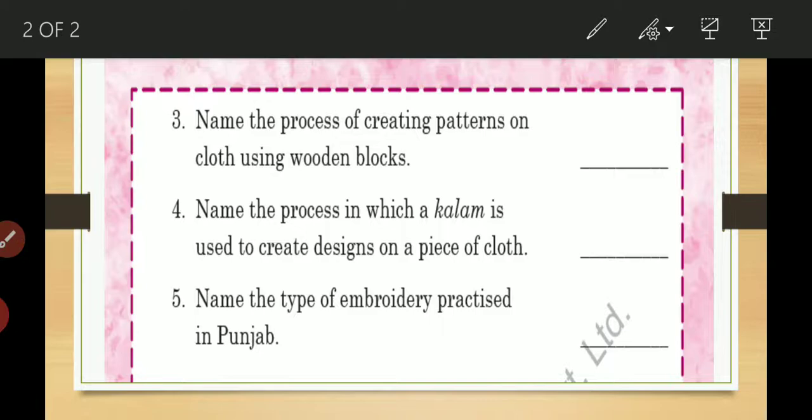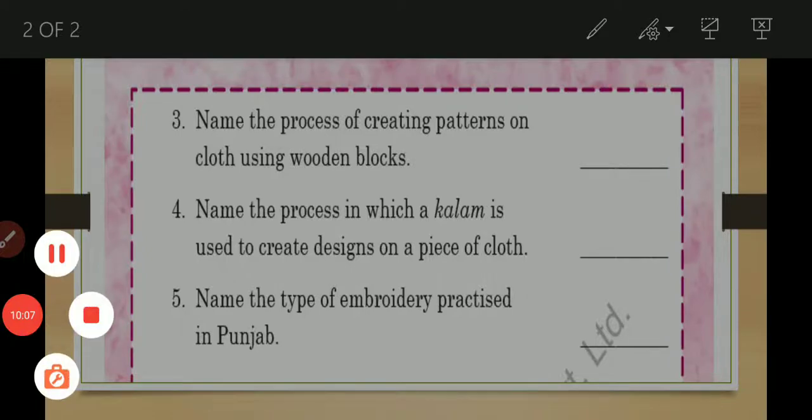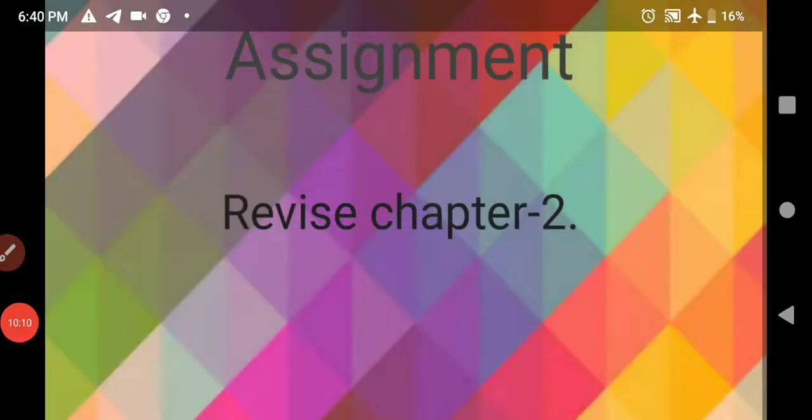Now, I will give you assignment. What is your assignment? Your assignment is to revise chapter 2. You have to revise this chapter. After the completion of this chapter, I'll take your assessment in the next class. You have to read the chapter properly, listen to all the videos of this chapter, perform all the activities, whatever we have done in this chapter, learn the exercises, learn the question answers, and be ready for the